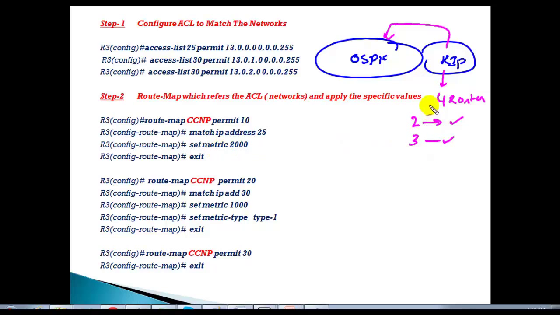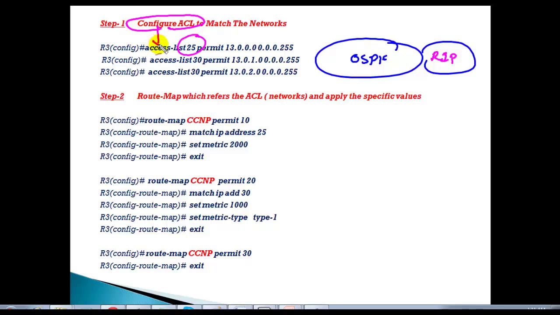So when I'm doing redistribution, by default we define something called metric and metric type. I want to have different parameters for different routes. This is something we cannot do with a distribute list or the previous methods, passive interfaces. So I'm going to use route maps here. The first thing we need to define is an ACL. When you're using a route map statement, the first step will always be to